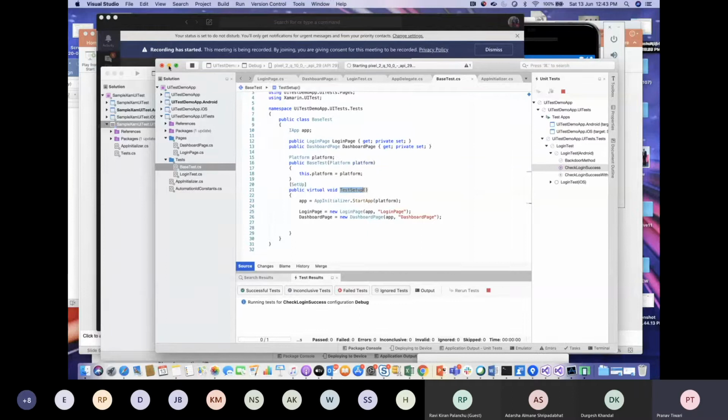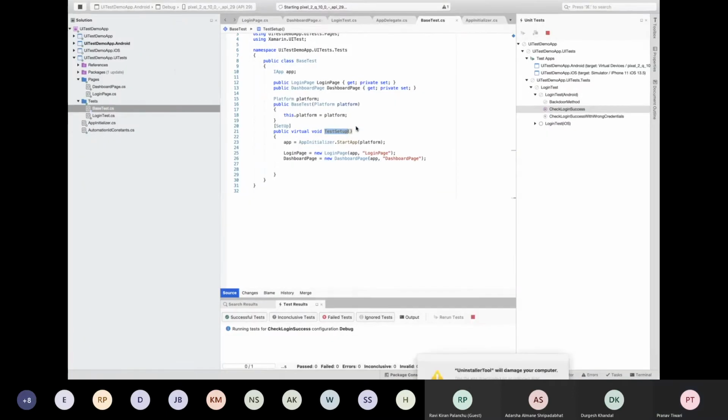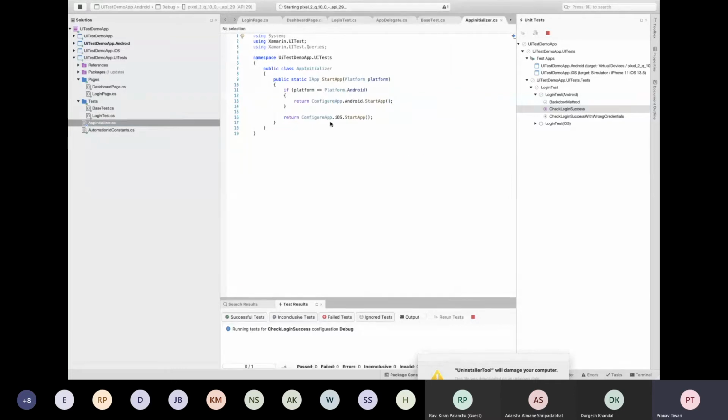So here we have created an app. Let's begin from the start. The first thing is the app initializer class. It will be the same for your application everywhere. You will get the instance of your application, and as I have already told, there are 3 ways to do this automation. You can do it on the installed app. You can put it as a part of your solution, as here I have taken the reference of my test app for both Android and iOS. Or the third way is you can keep the IPA file as a part of your solution and execute it. So the APK will get built on your device, and from there you can start the execution.